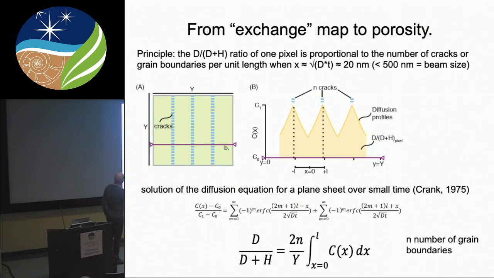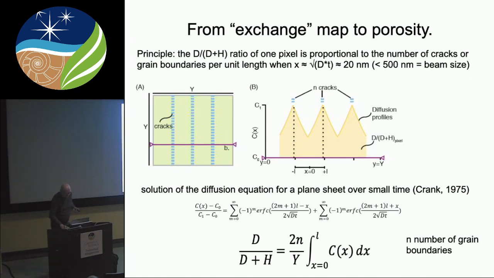We can compute this from the diffusion equation, and we get that basically the deuterium to hydrogen ratio is proportional to the number of grain boundaries or cracks that we have in one given pixel, multiplied by something that depends on the experimental condition that set the diffusion, the diffusivity of deuterium in the mineral and the time that we've set for the experiment, and that boils down to this characteristic